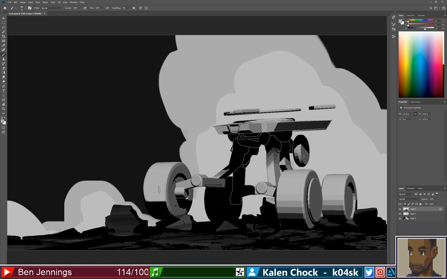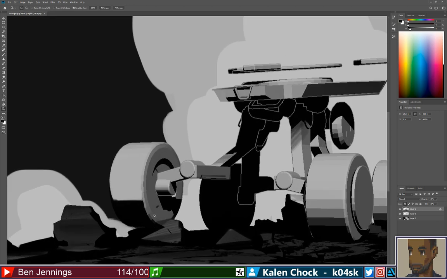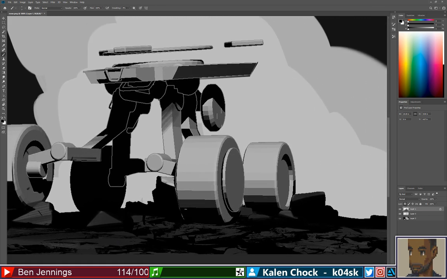I'm just kind of flattening that up a little bit because I don't want it to read too much as 3D here. And we'll push that in there. You could probably make this a little bit stronger, but it is what it is. I will paint this out though.